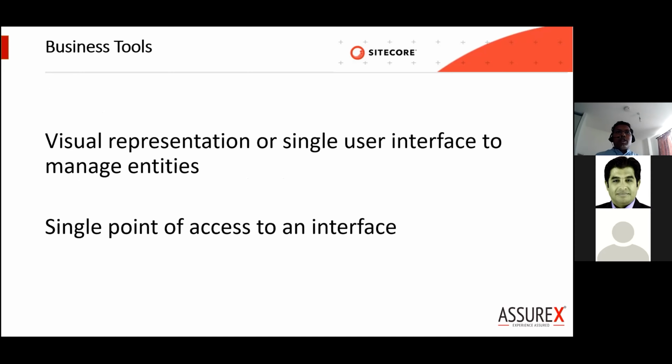Business Tool, for me, is a visual representation to manage the entities. It's a single point of access to an interface, and it allows business users and commerce administrators to perform activities related to the entities. The entities can be merchandising, customers, orders, pricing, inventory, etc. It also allows users to manage advanced administrator tasks.